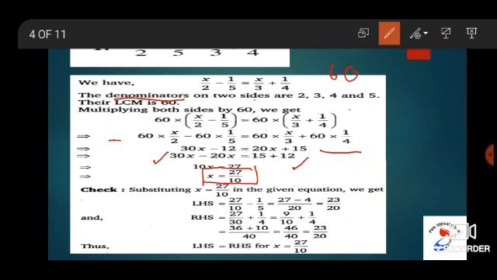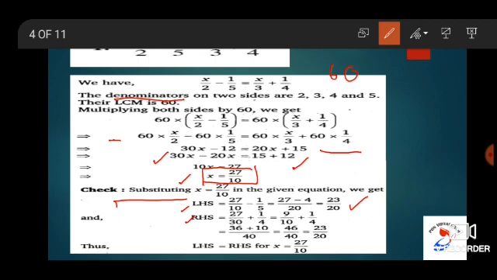Now, we need to check the result also. So, what we are going to do? We are going to substitute the value x is equal to 27 by 10 in left hand side as well as in right hand side. In left hand side, 27 by 10 minus 1 by 5. On solving this, you will get the result as 23 by 20. On right hand side, it is again 27 by 30 plus 1 by 4.